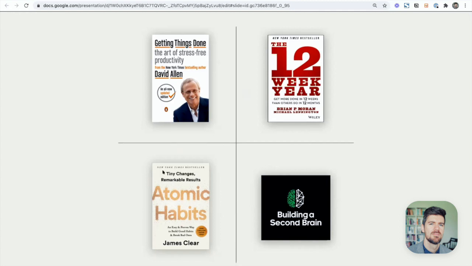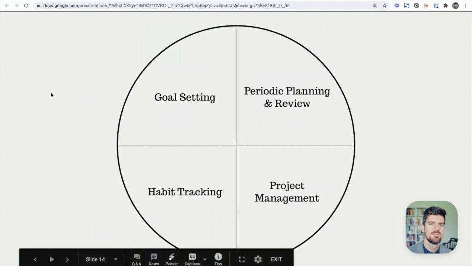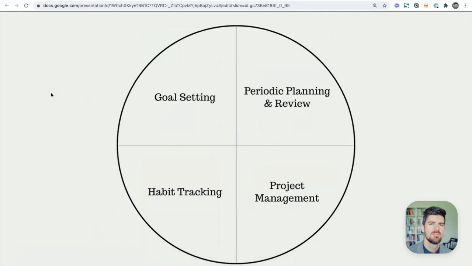But the way these find themselves into the system is through these 4 key areas. So Getting Things Done in terms of goal setting, the 12-week year, which is not as popular, but has some really great resources and specifics on how to plan your goals and outcomes along a quarterly time frame to really reframe our thinking of time and how much time we have for meeting or exceeding certain goals.